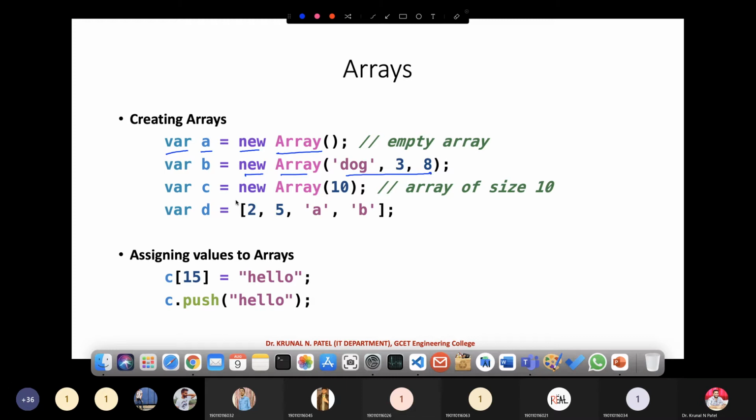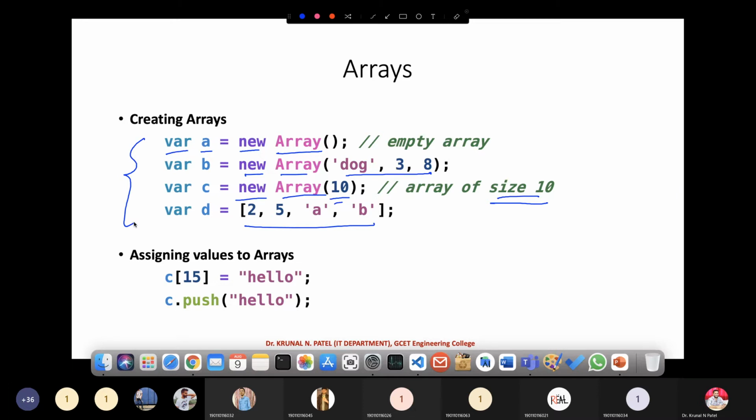New Array of 10, here we are defining the size of the array, and directly also you can define the array as we have defined in our previous example. So these are the different ways of creating an array.